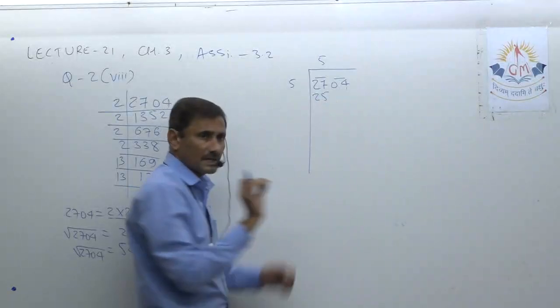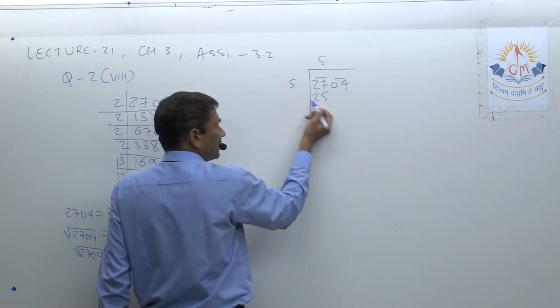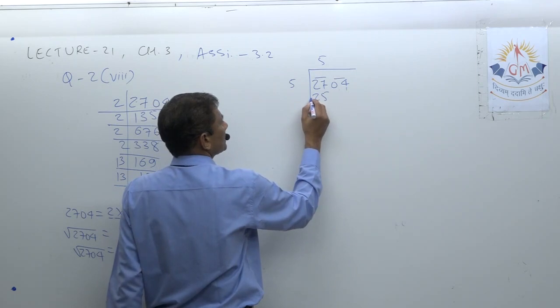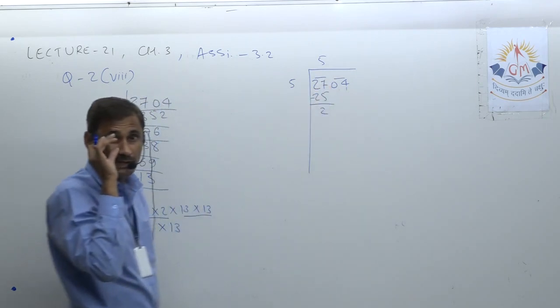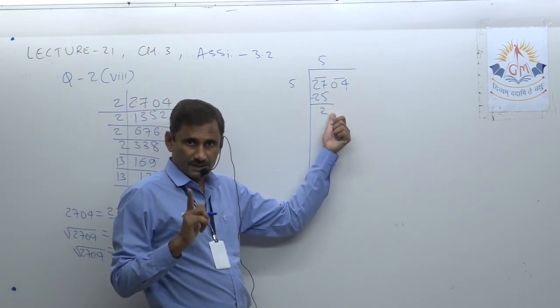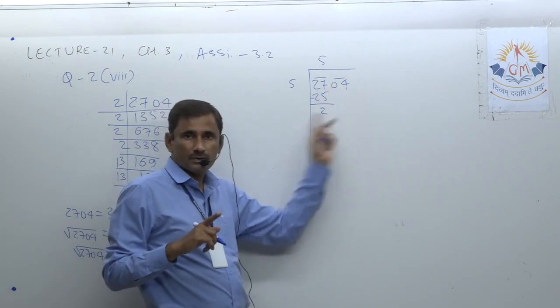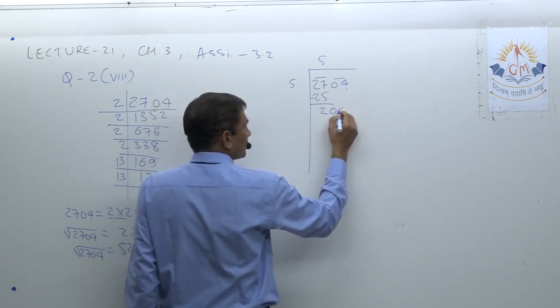It is just like division, but actually not division. You have to decide first by which number you have to divide. So 5 5 are 25, just subtract it, so 2 is left. It is like the division process only. In division, we bring down one digit at every step, but here you bring down the whole pair, not a single digit but two. So now get the pair down here.